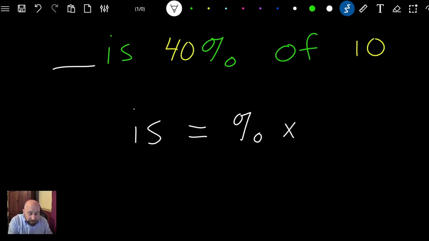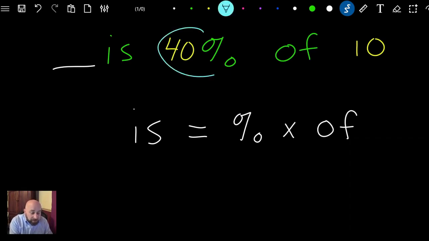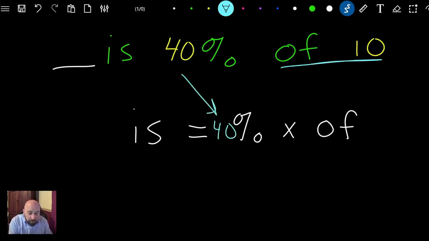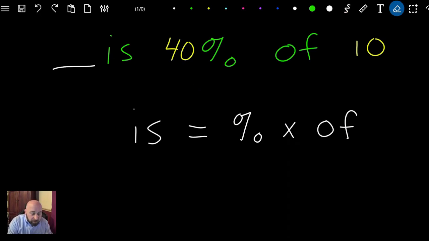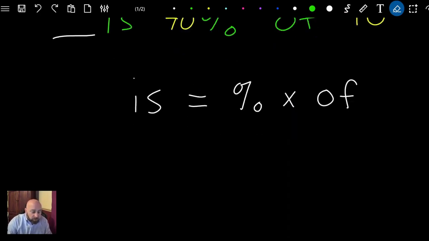Percent times of. What do I mean by that? Take your 40% and you put it here. You take your of number. 10 is your of number. 10 goes with that, and we're going to put it here where the of is. Okay? So actually, let me do this in one underneath it. So we'll say is equals